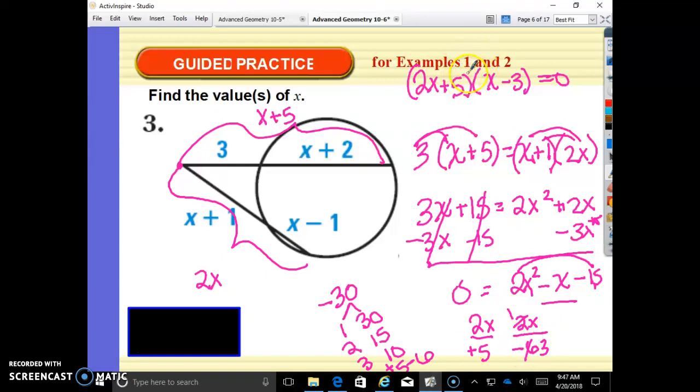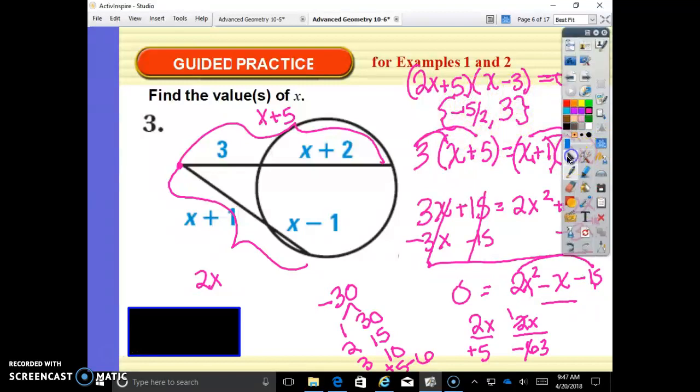So, zero product property says to set your factors equal to 0 to solve. If I set x minus 3 equal to 0, I would get that x equals 3. If I set this equal to 0, I'd subtract 5 from both sides, then divide by 2 on both sides, so I'd have negative 5 halves. So my answers, my solutions, my x-intercepts, zeros, all that fun stuff when I factor, they're going to be negative